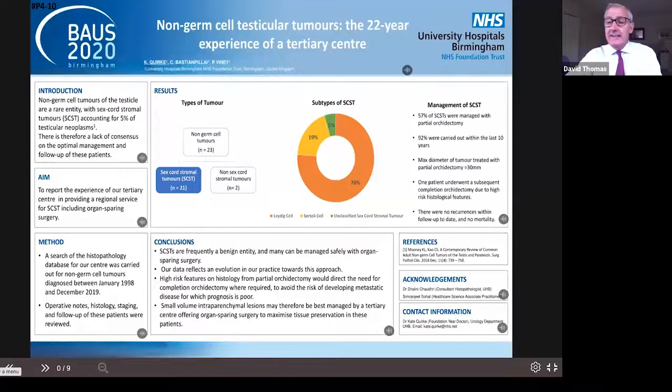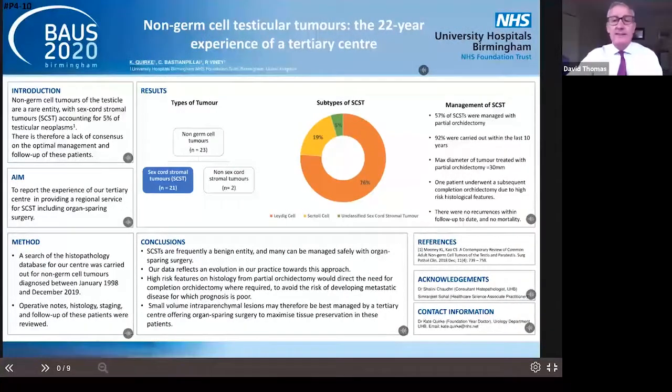Moving on, next abstract, please, is number 10. And this is non-germ cell testis tumors, 22 years experience from a tertiary centre. And Dr. Kate Quirk presents for the QE Birmingham group. And they've gone through their database over a 22-year period and found 23 patients with sex cord stromal tumours, so